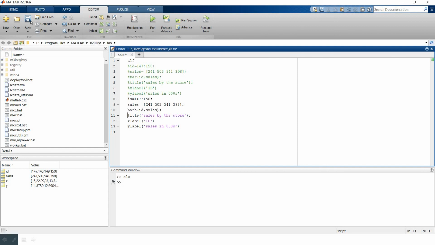Now again save the program. Now run the program, and convert xlabel to ylabel and ylabel to xlabel. Save, then run the program.